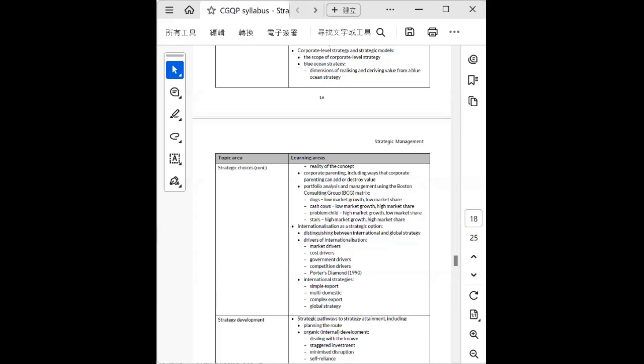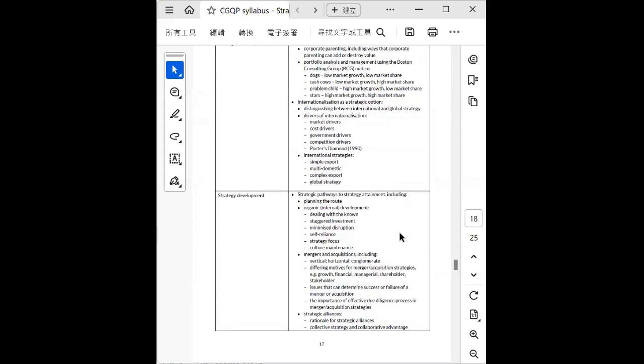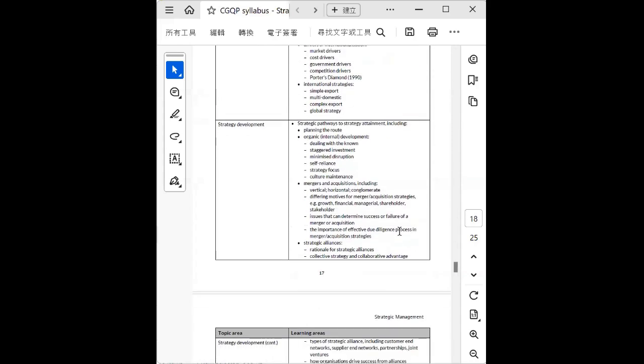So that's the part on the choices. And then we'll look at strategic development. Strategic development refers to how you develop your strategy. First, let's look at the pathways to strategic alliance. Planning the route involves